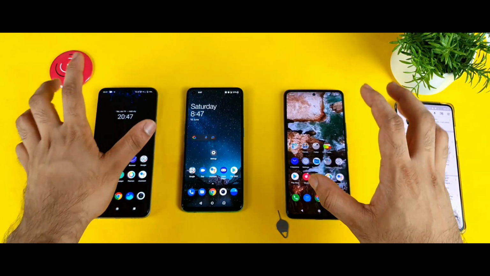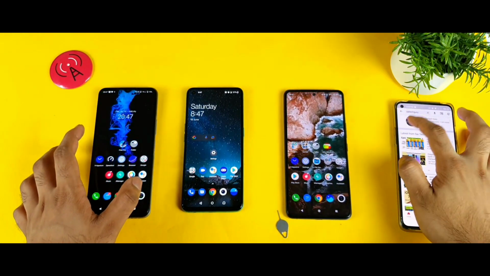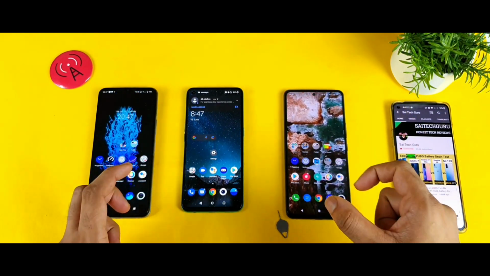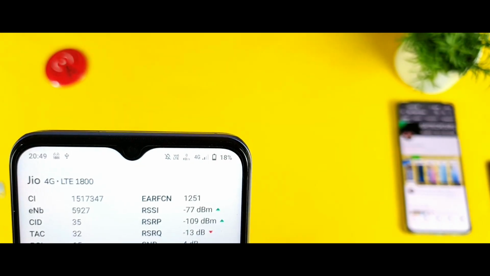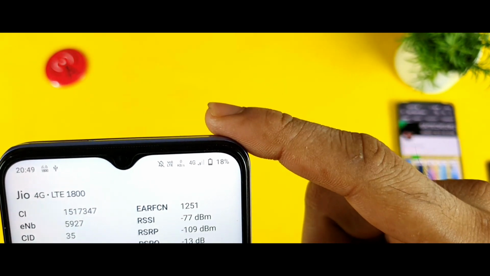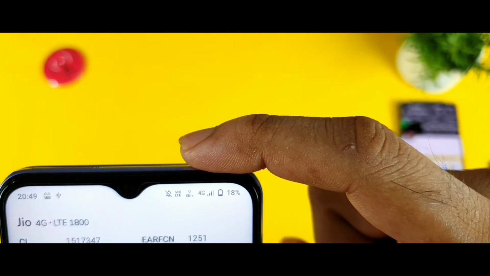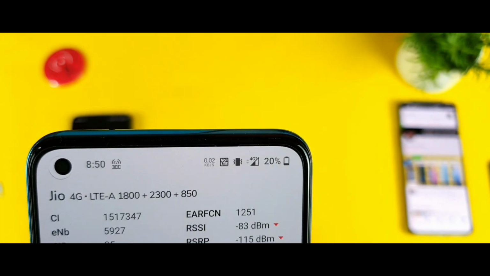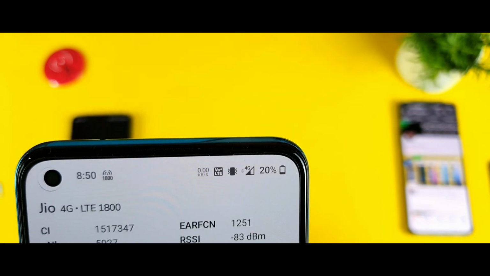As you can see, all the phones are successfully installed with the Jio SIM cards. You saw it in front of the camera. First I'll show you the NetMonster application by opening it in all the 3 smartphones, checking which phone can actually get carrier aggregation in my location in the indoor condition using the Jio SIM. So first let me show you the carrier aggregation support test using the NetMonster application. I am not getting any 4G plus aggregation in the iQOO Z3 device. You can see the punch hole notch as well, which is the iQOO Z3 smartphone. Let me show you the OnePlus Nord device next. This is the OnePlus Nord device, friends, which is receiving 3 bands. As you can see, 4G plus aggregation, I'm getting 3 bands right now.